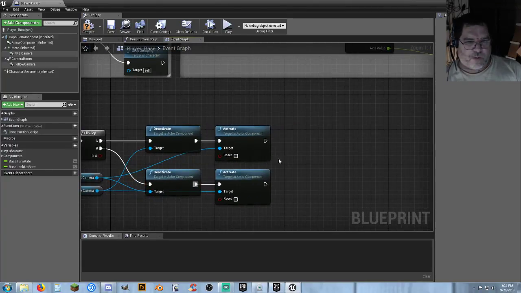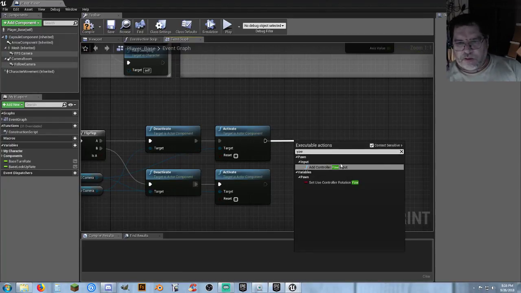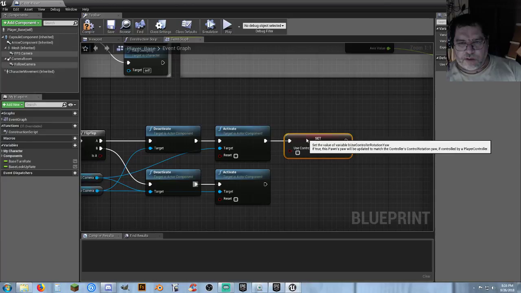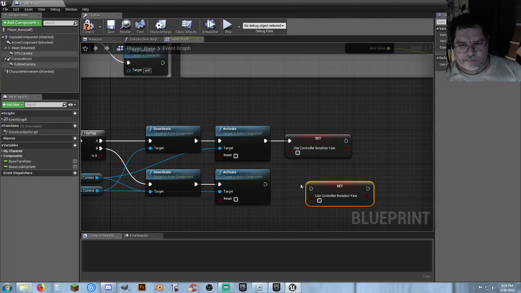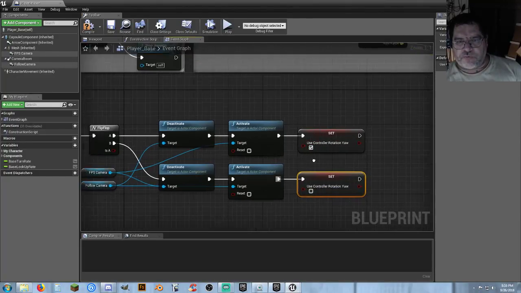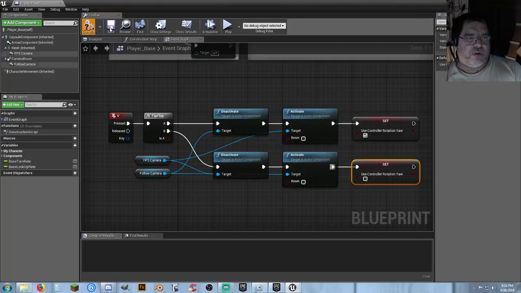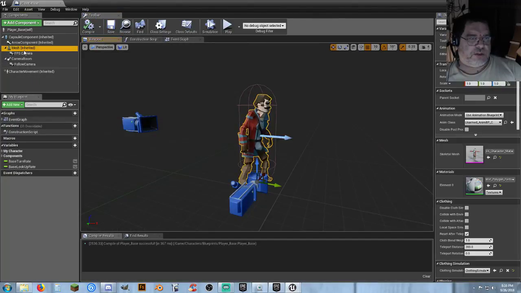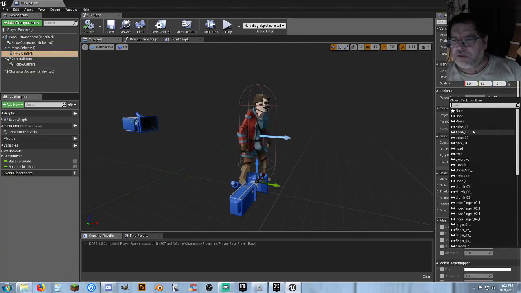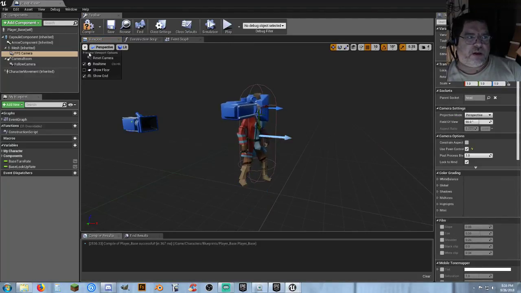To make it look and work correctly, we need to set use controller rotation yaw, and we're going to need two of those. So there, use controller rotation yaw, yes and no. This should work, but we're going to need to go into our mesh, into our camera. You notice the camera is right here at his feet. We need to bind that to the, search for head,